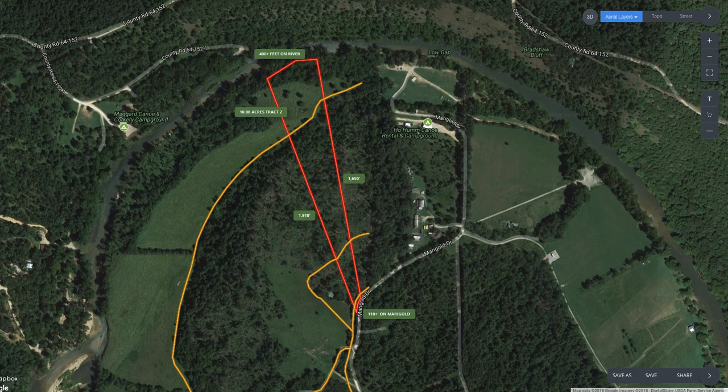All right, this is an introduction to a pretty spectacular property. Outlined in red here, this is 10 acres, slightly over 10 acres, with over 400 feet of direct frontage on the Niangua River in Dallas County, Missouri. So not only does this have an immense amount of river frontage, 400 feet of direct frontage,